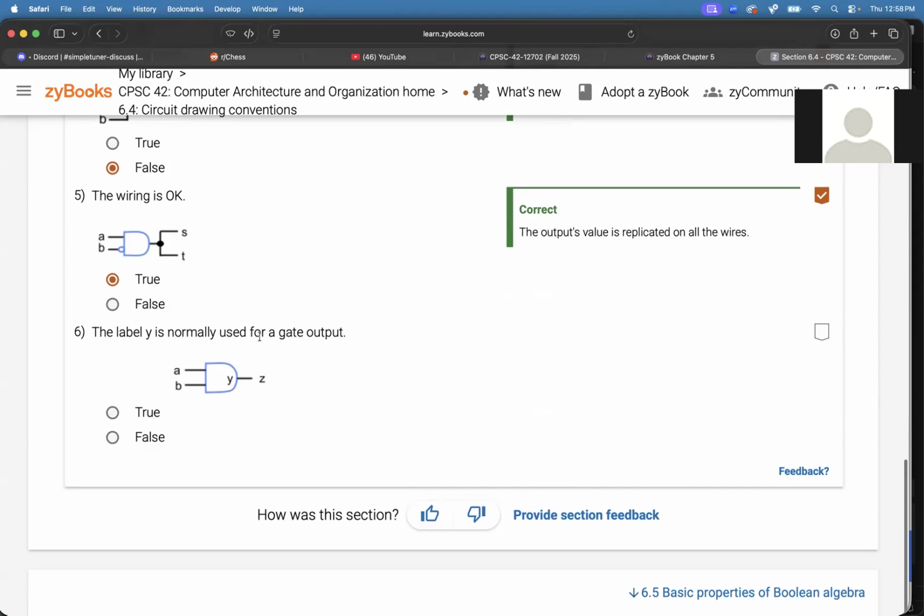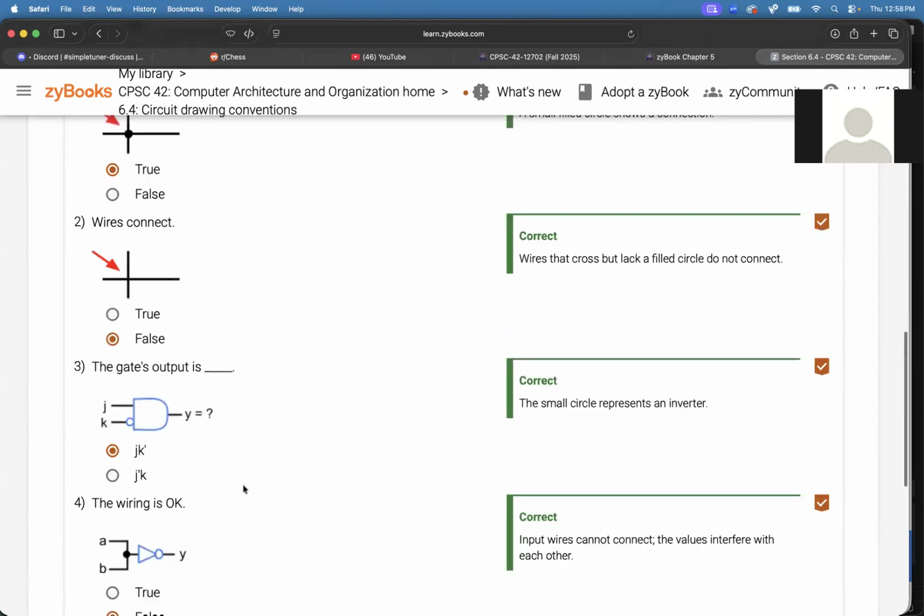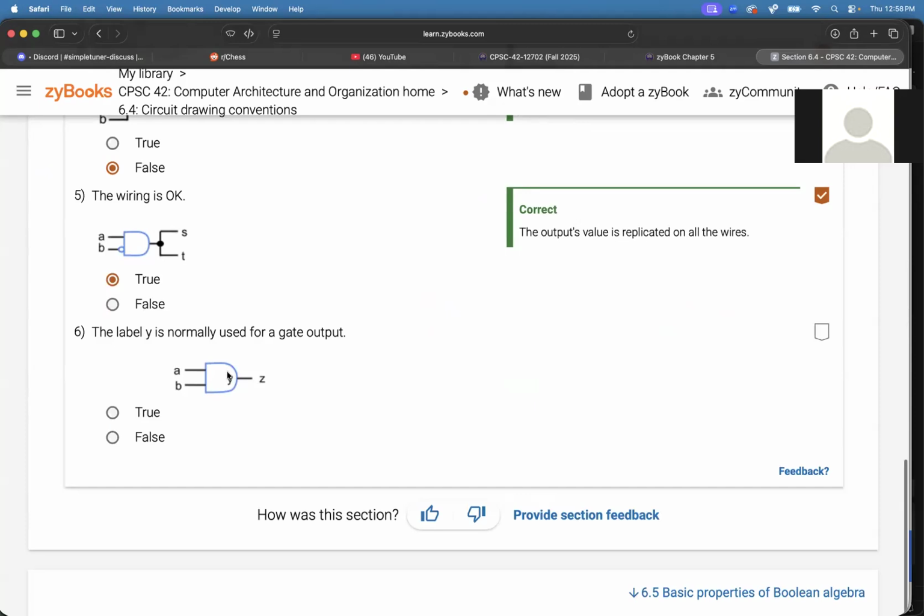Label Y is normally used for the gate output. I think that's the last thing where they say gate inputs are not labeled. So they normally don't do that. But